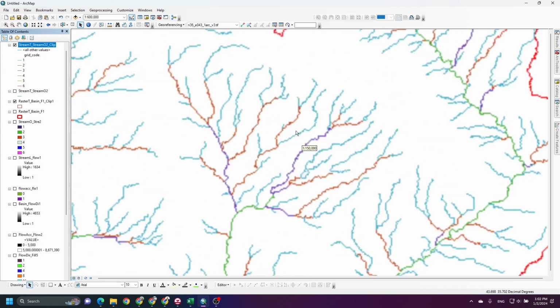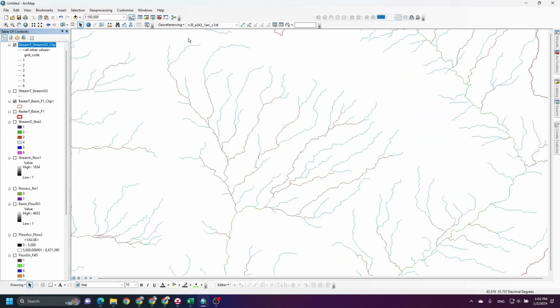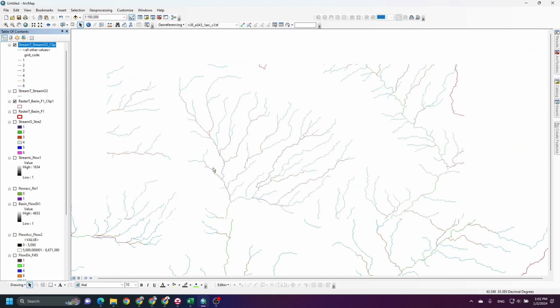Yeah, this is how you can illustrate or display the stream order.